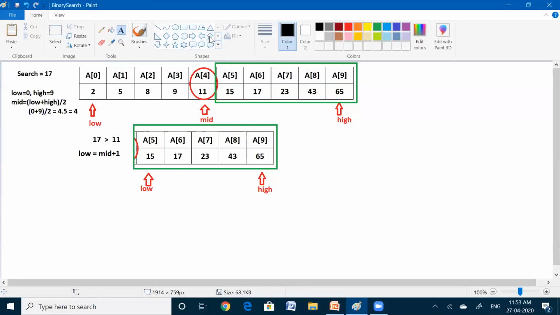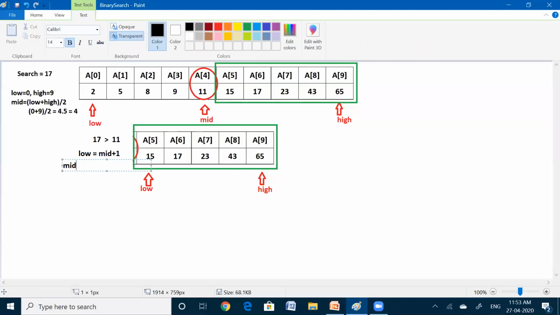Now we need to find out the mid value using the same formula. So calculate the mid value. Here mid value equals low plus high by 2. Here low index is 5 plus high index is 9. So 5 plus 9 by 2. Here we will get 14. 14 by 2, so we'll get the mid value as 7.